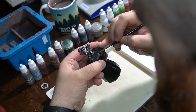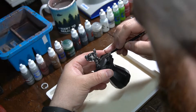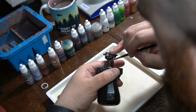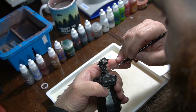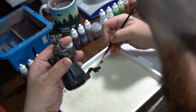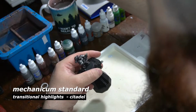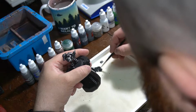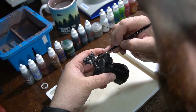So we're doing some Corvus Black touch-up here. So when I'm painting, I try to work towards getting it done the quickest way possible, so a lot of planning goes in. The Corvus Black touch-ups will also be working with the Mechanicus Standard Gray as kind of like the touch-up and gradual highlight stage. A lot of people will tell you to paint the whole